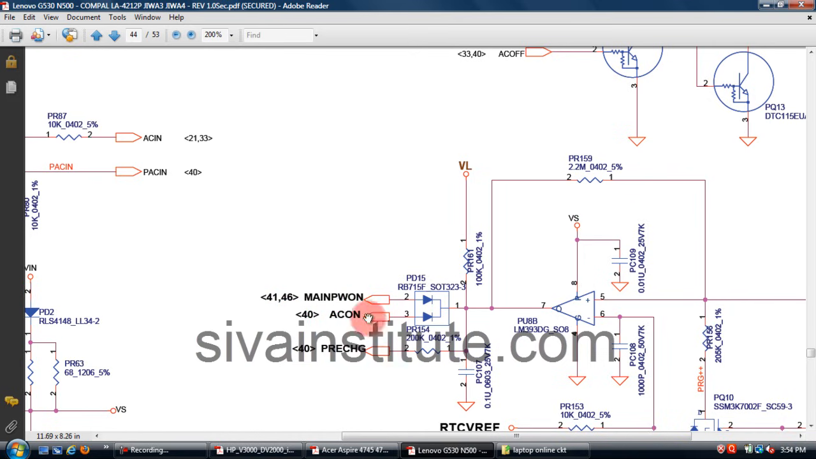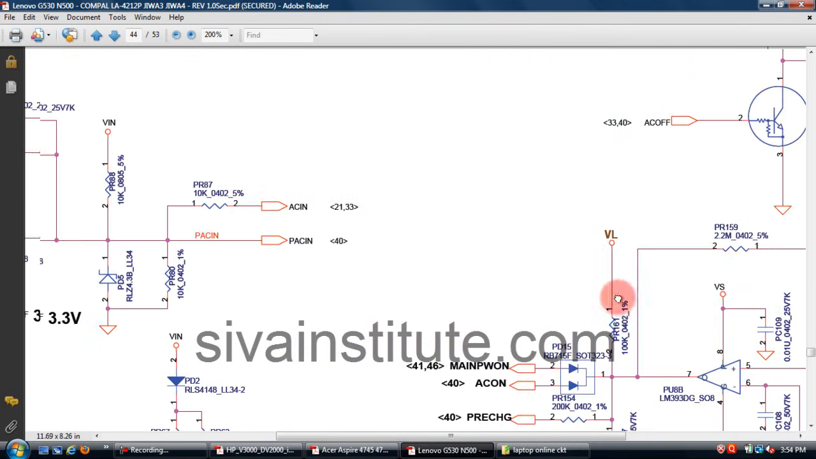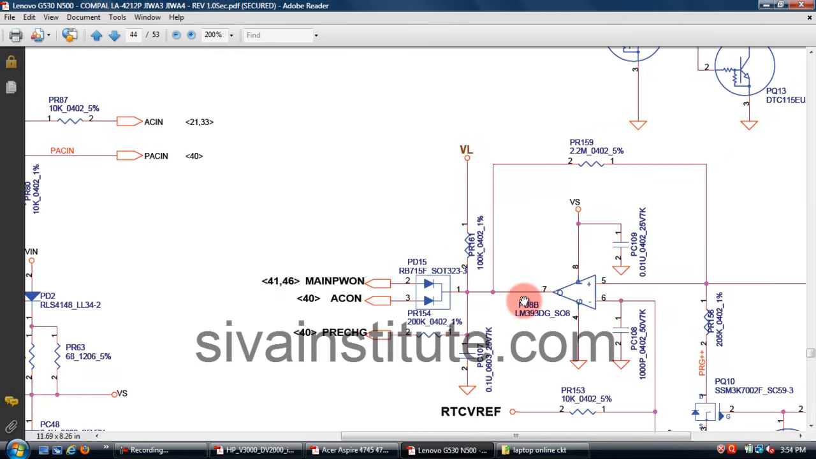This main power, how to check it? You should check pin number 7 and 1, whether voltage is there or not. If there is no voltage at this point, you should check these 2 points. If there is no output voltage at this point, you should check these 2 points. If the voltage at these 2 points is okay but there is no output at this point,